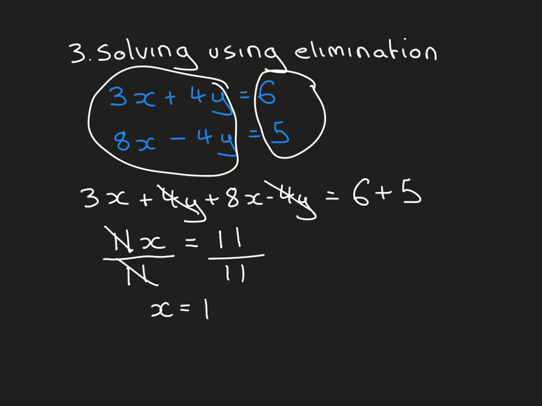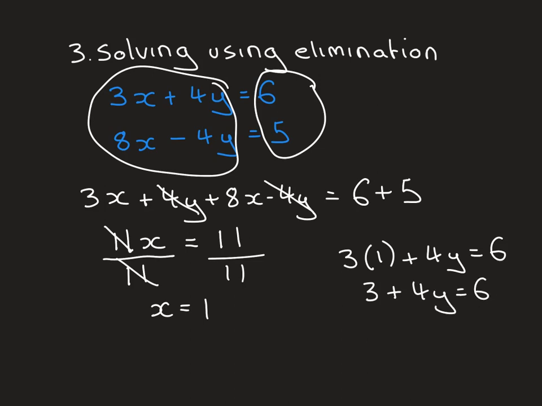Now what we have to do is find that y coordinate again. So what we do is we put that x coordinate back into one of our original equations. So if we pick the first one, 3 times 1, that's our x value, plus 4y equals 6. So we've got 3 plus 4y